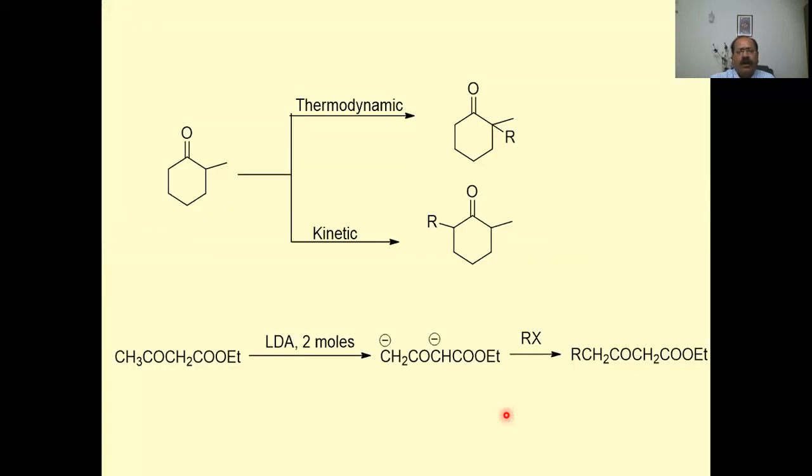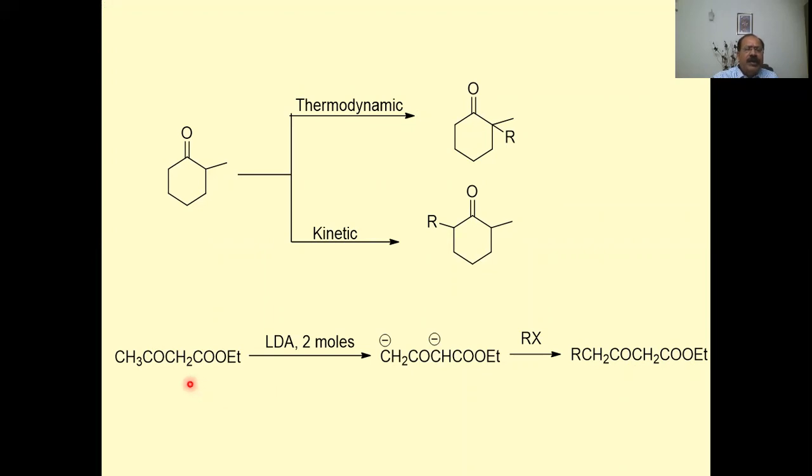As we talked of unsymmetrical ketone earlier, kinetic versus thermodynamic, here also, similar to what we discussed in ethyl acetoacetate, it is possible to bring about alkylation at these places by regulating the reaction conditions, as we said earlier, like the solvent, the temperature, and the kind of base. And here also, again, there is a C alkylation versus O alkylation, and one could control conditions to get either of these products.